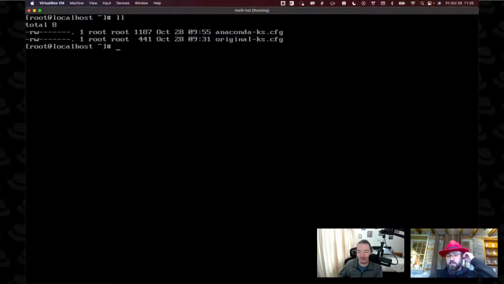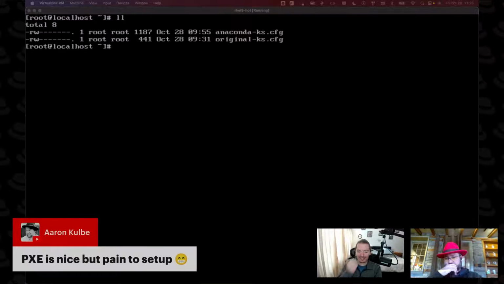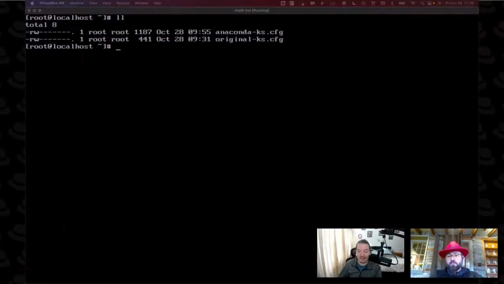Yeah, I agree with Aaron. PXE is kind of a pain to set up, but once you get it working, it's really nice to have, especially if you're in the middle of a hardware refresh or even virtual machines for that matter. But that's just one of the many ways that we have as systems administrators in our back pocket